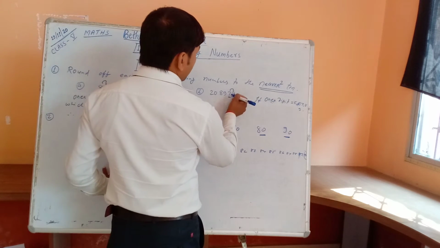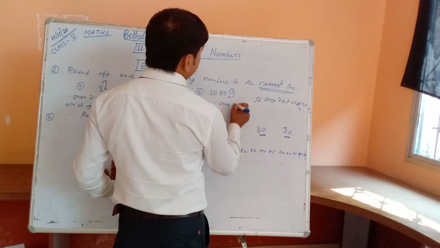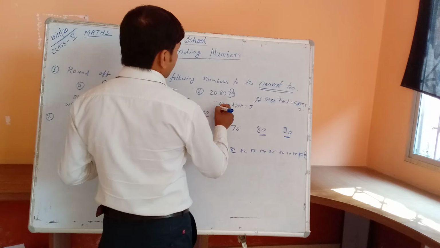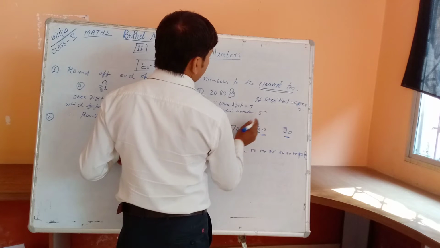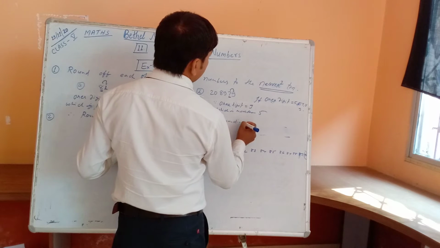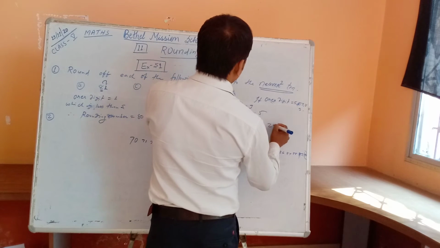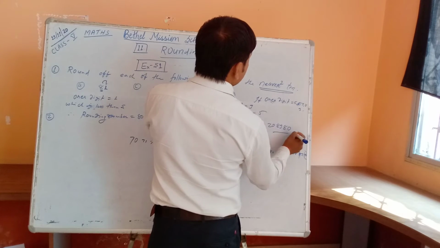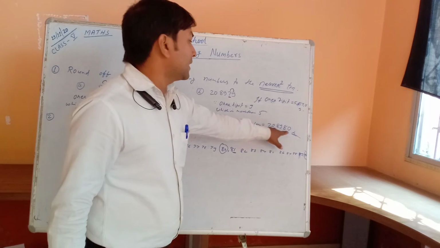Okay, so here write, since the ones digit 9 is more than 5, that's why the rounding number is add plus 1 here. 2089, and 7 becomes 8 and the rest is 0. Okay, 79 will be the nearest of 80.